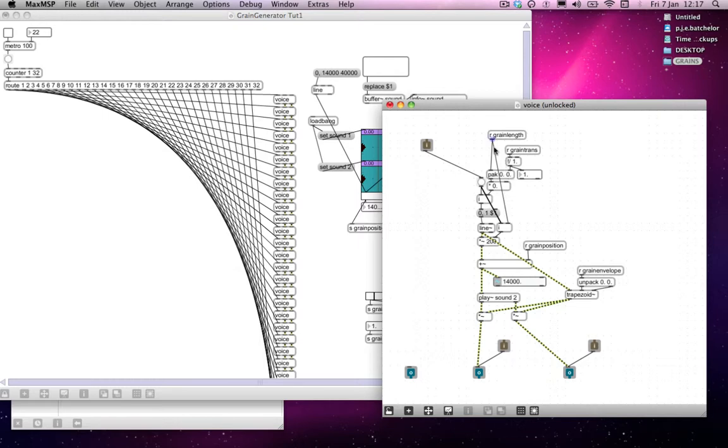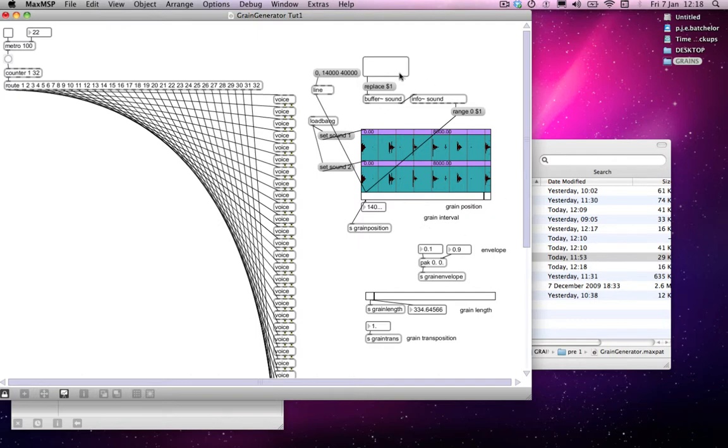I hope that makes sense. So it's not going to be updated dynamically. It's going to be only updated at the triggering of each grain. So that should sort that one out. Let's just check. So I'll save this and go back to here, and we'll need to resend some of that data again. So wiggle the grain length, wiggle the transposition, and hopefully